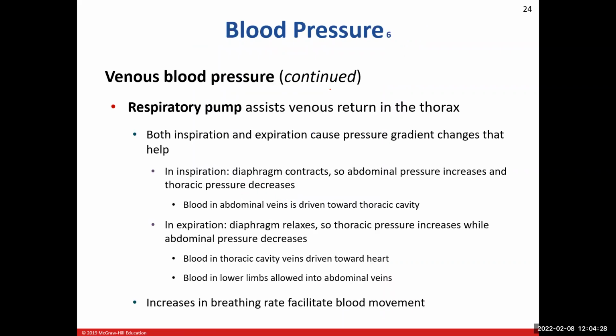That's the skeletal muscle pump. The respiratory pump is similar. This is going to be during inspiration and expiration, and of course we're going to be dealing with our pressure gradient, so I'll go through that with you here. This is the third way that we can get blood to go into the heart. When you are taking a breath in, the diaphragm contracts and drops down, pushing down into the abdomen. It essentially becomes flat. So the pressure inside of your abdomen, the abdominal pressure, increases, and the pressure inside your thorax will decrease. Since you have greater pressure in the abdominal area and less pressure in the thorax, the blood is going to flow from the abdomen